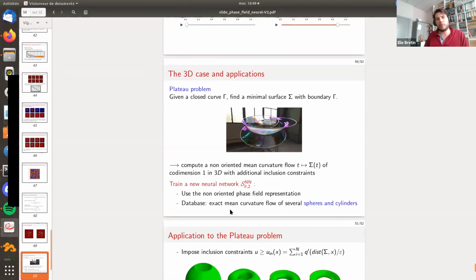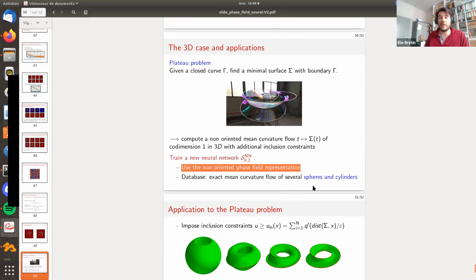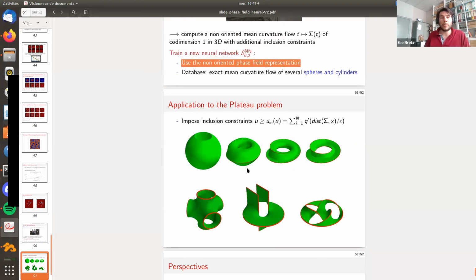To conclude my talk, we also test in 3D. This is a numerical experiment here. And the new problem is to train a new neural network S theta in the 3D representation, where the database contains only the evolution of sphere and cylinder, which is also known. And if you do this, we can also obtain, with this kind of approximation, a scheme which